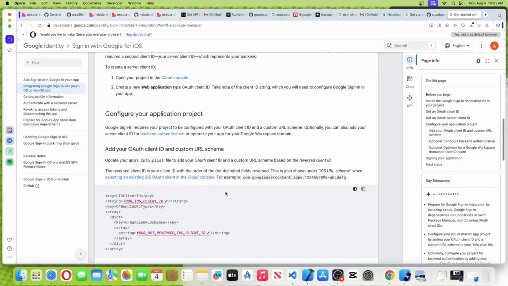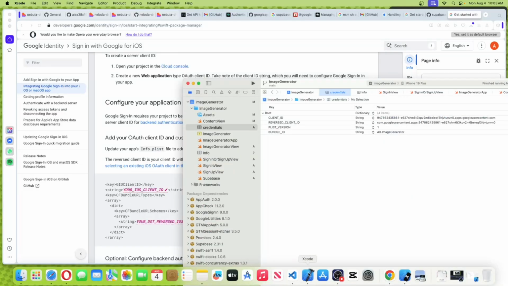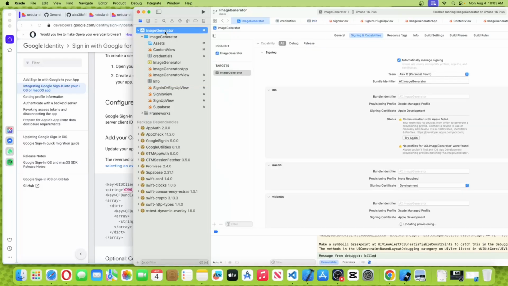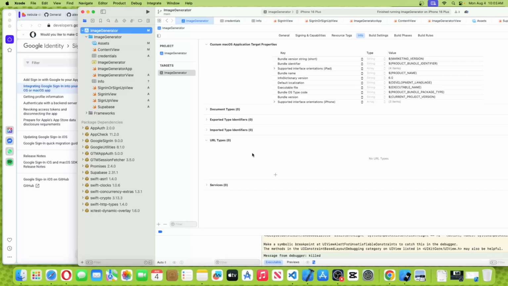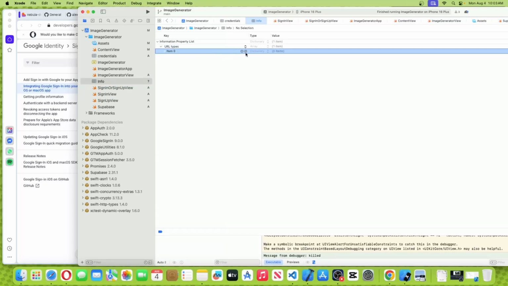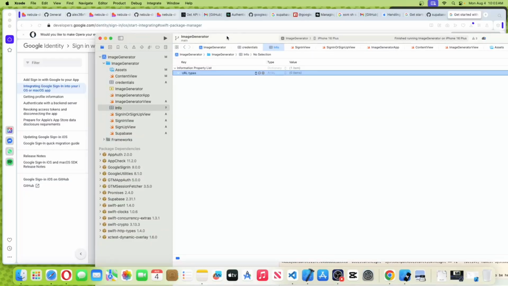So you need your info.plist. If we want to see the info.plist, you need to go to your project, go to Info, and click on the plus icon to add an item of URL type. If it's hidden, it will show the info.plist. Now you see we added a URL type over here, but we need to remove it. And actually what we need is,